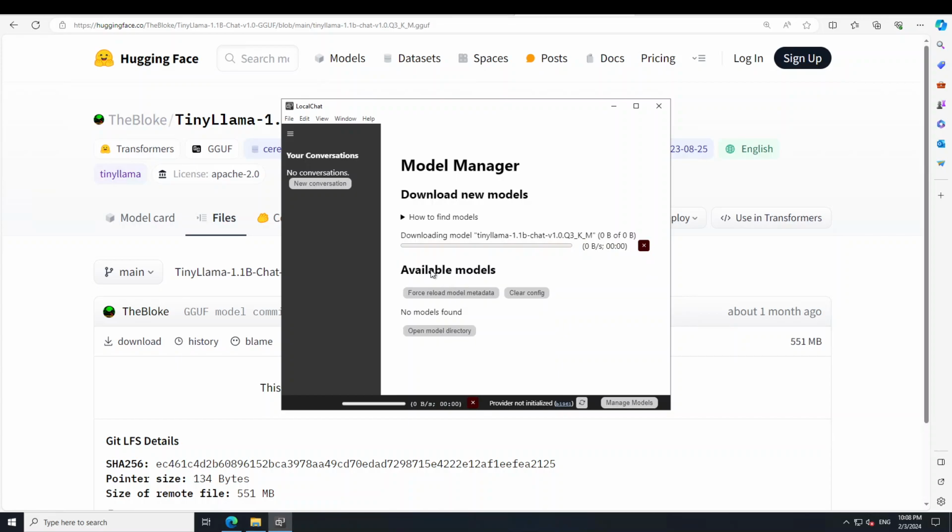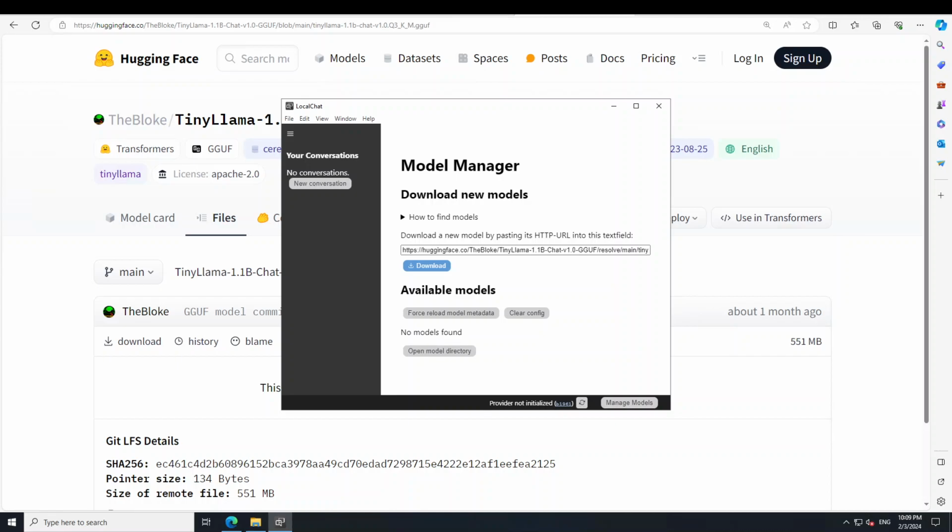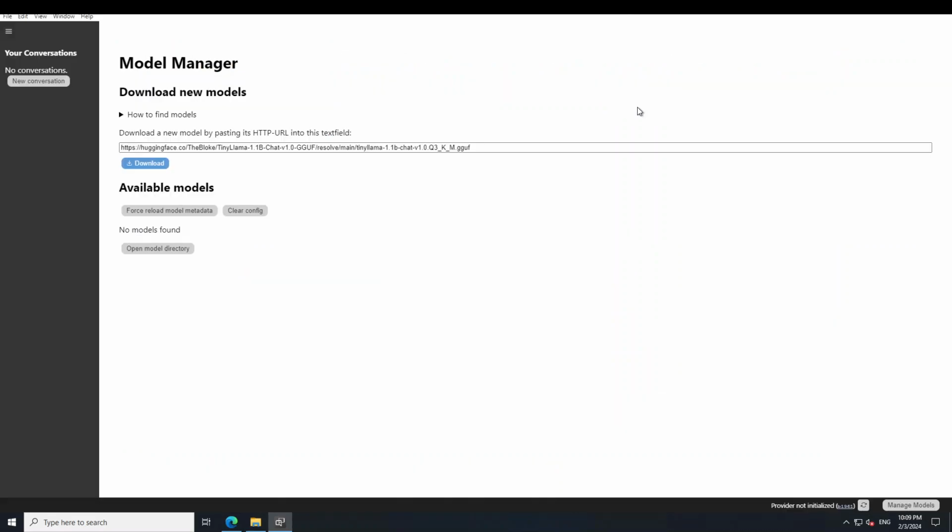Click on download, and you can see that the download has started. So let's wait for it to download. The model is downloaded. Let me make this screen a bit bigger like this. Okay, now in order to use this model, all you need to do is, on the top left, click on